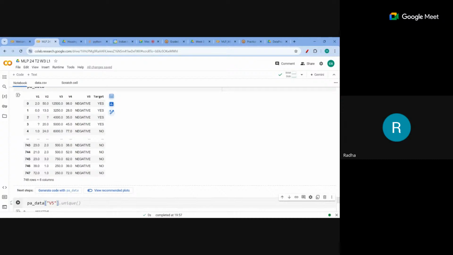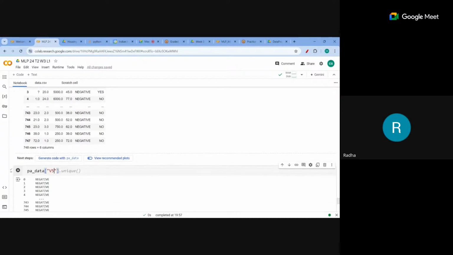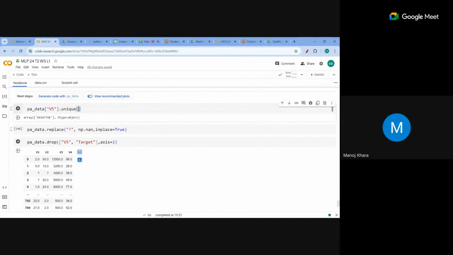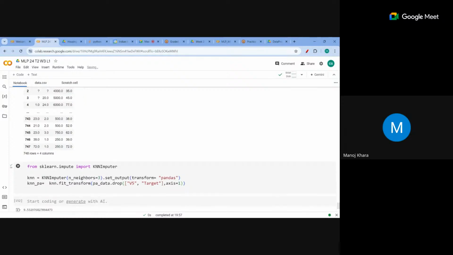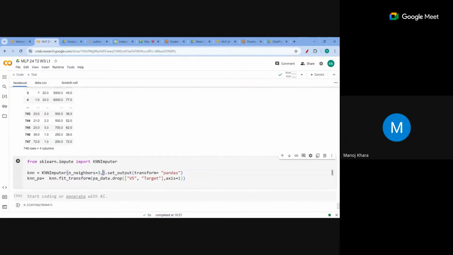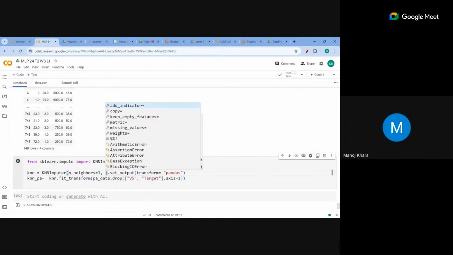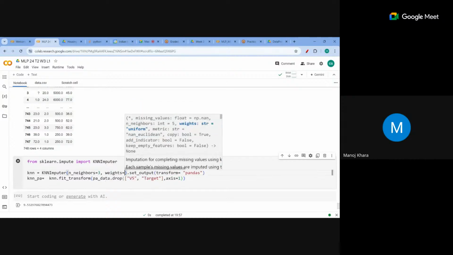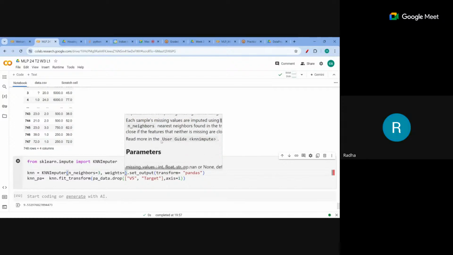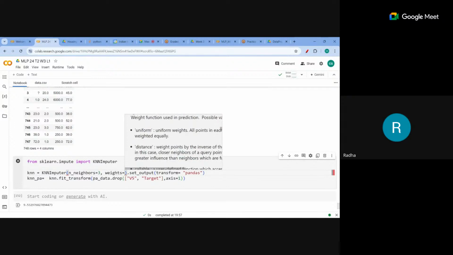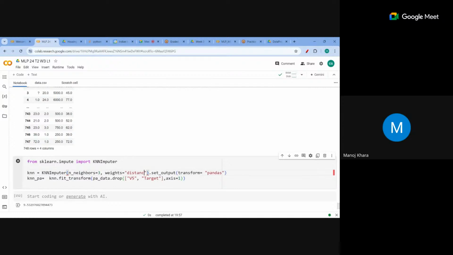For weights uniform and weights distance, it is computed differently, right? Yes, that is true. It is only one variable, so it doesn't make any difference even if we do. There is another parameter, like this weights: weights equal to uniform, weights equal to distance. Let's say even if I use distance,